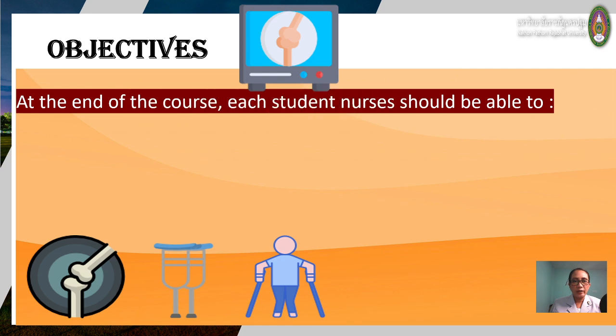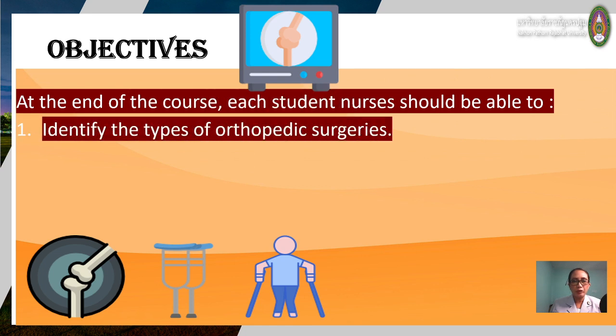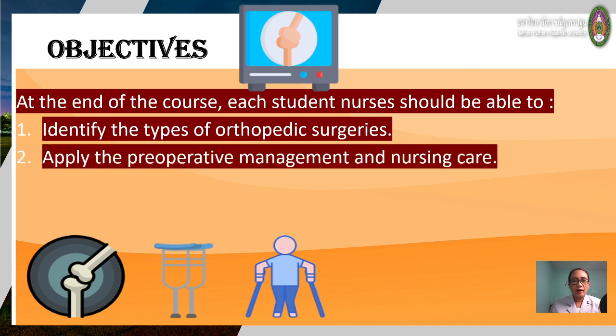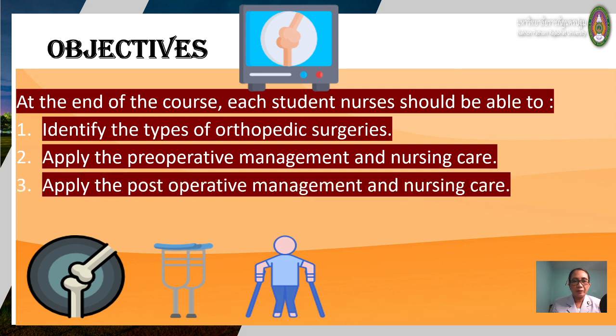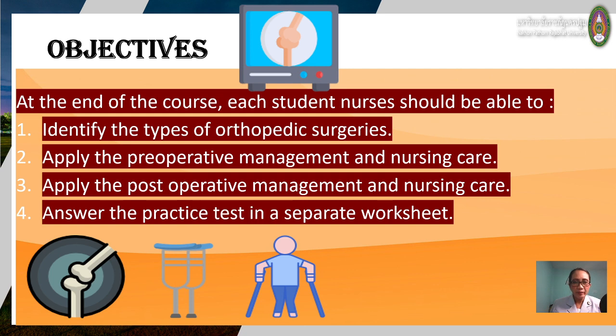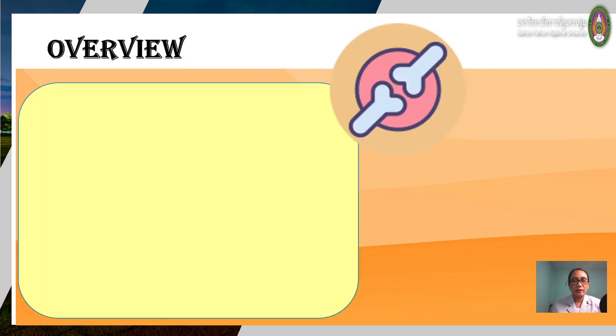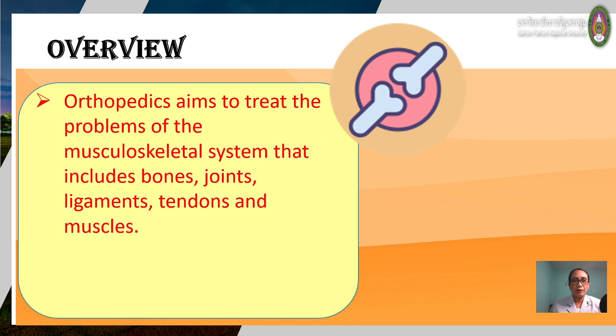For the objectives, at the end of the course, student nurses should be able to identify the types of orthopedic surgeries, apply the peri-operative management and nursing care, apply the post-operative management and nursing care, and answer the practice test in a separate worksheet. For the overview, orthopedics aims to treat the problems of the musculoskeletal system that includes